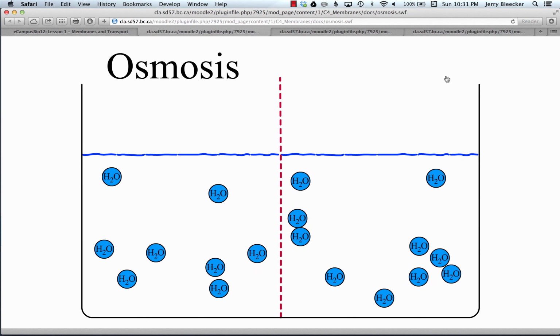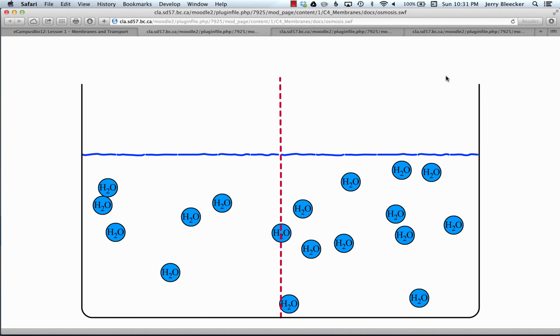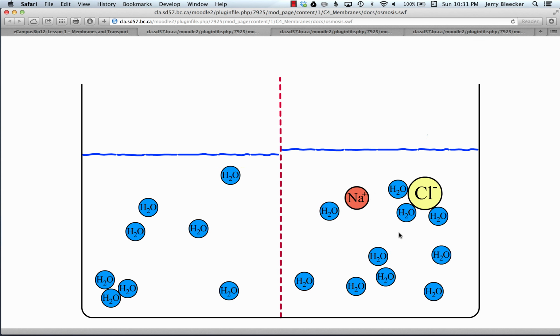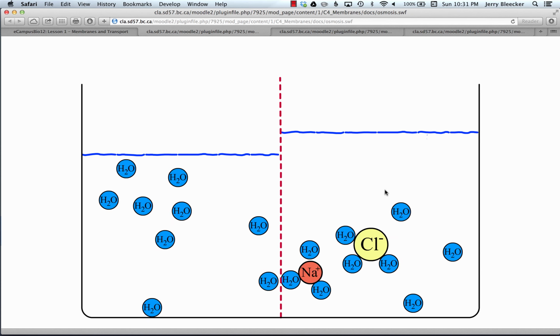Now watch this. I'm going to add salt into this side. Now, this side is salty. Well, these are some pretty attractive elements. And because they're charged, some water particles will try to stick to sodium, and some parts will try to stick to chlorine. Did you notice